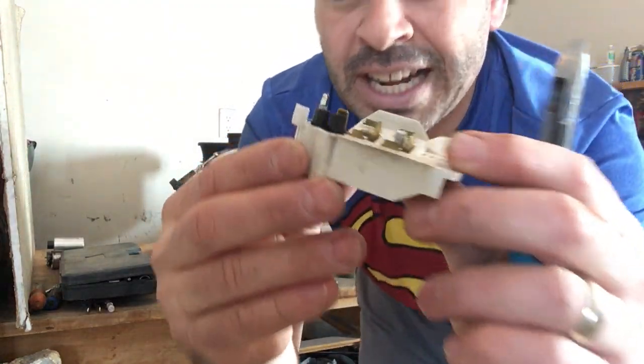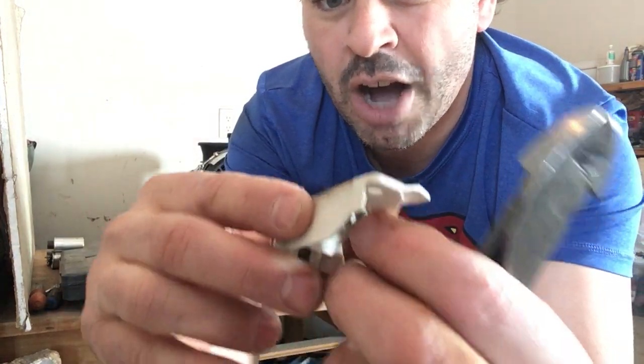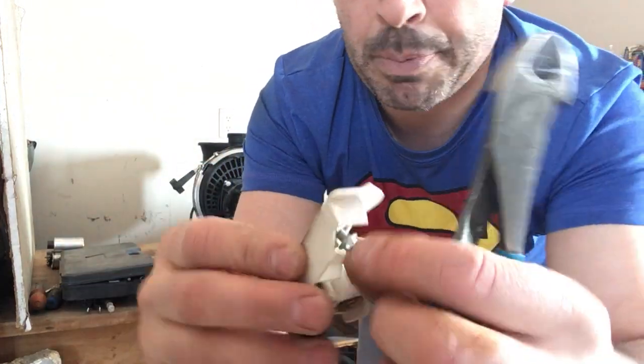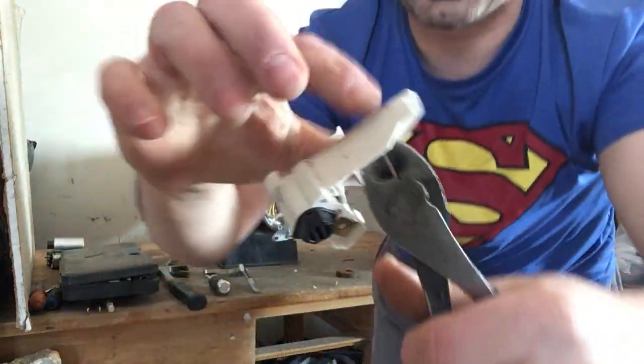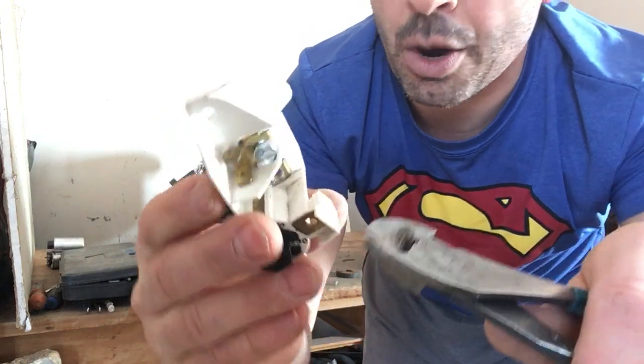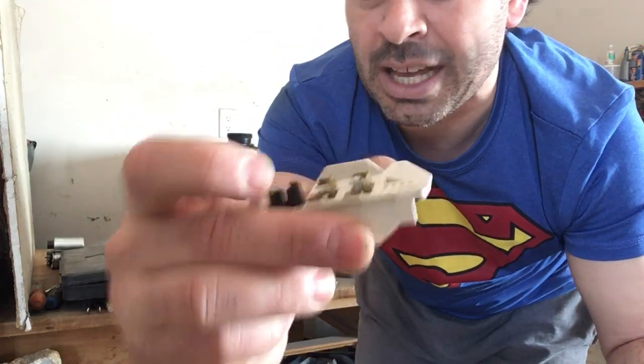Here is a couple connectors. Look at that really nice yellow brass there. I am going to pull those off of there. Very easy, just snip them off, cut it. I could probably just feed it through the plastic. So there is some plastic on here. I always can also just hit it with a hammer just to relieve that plastic. But some nice brass there that I'm gonna get, yellow brass again,